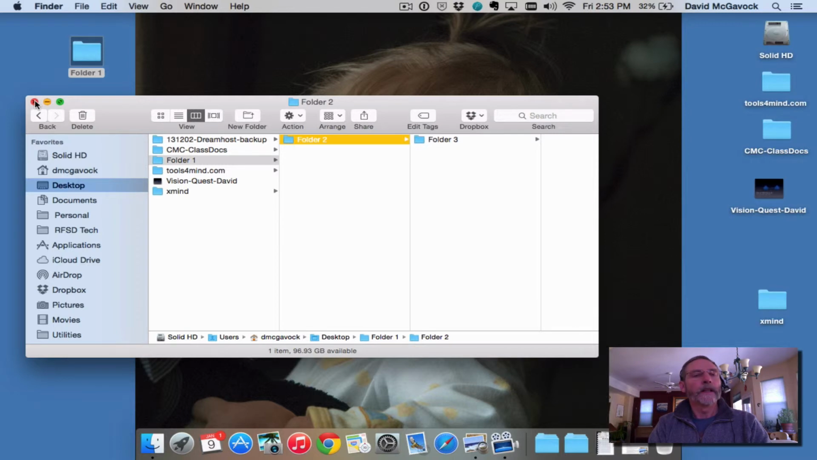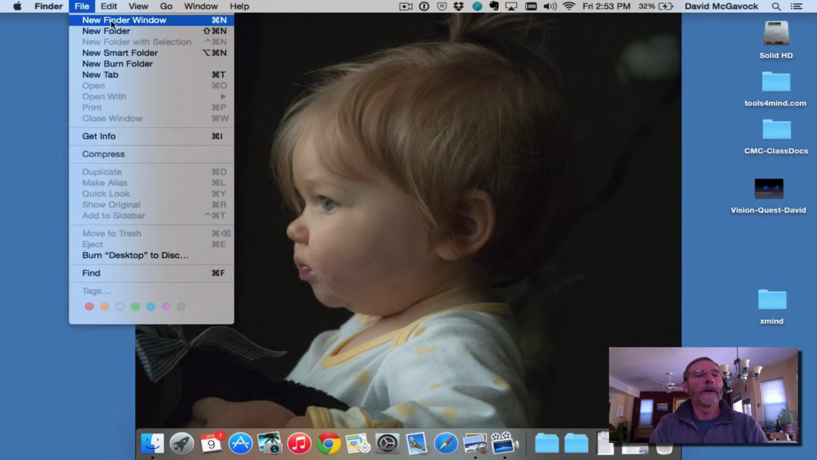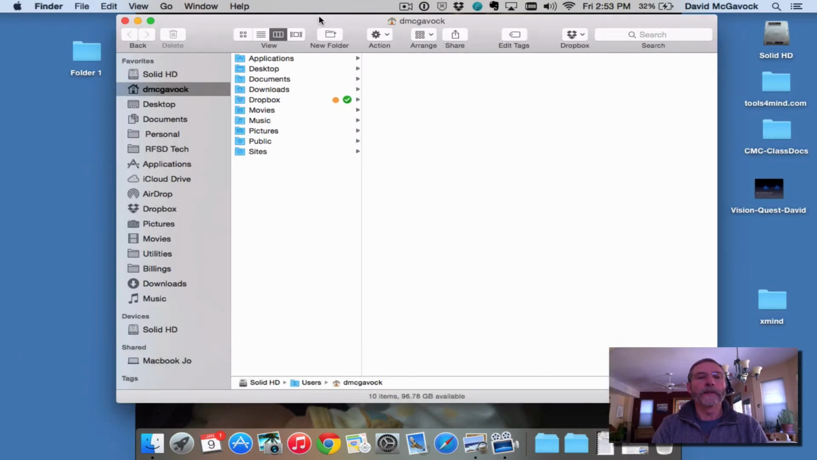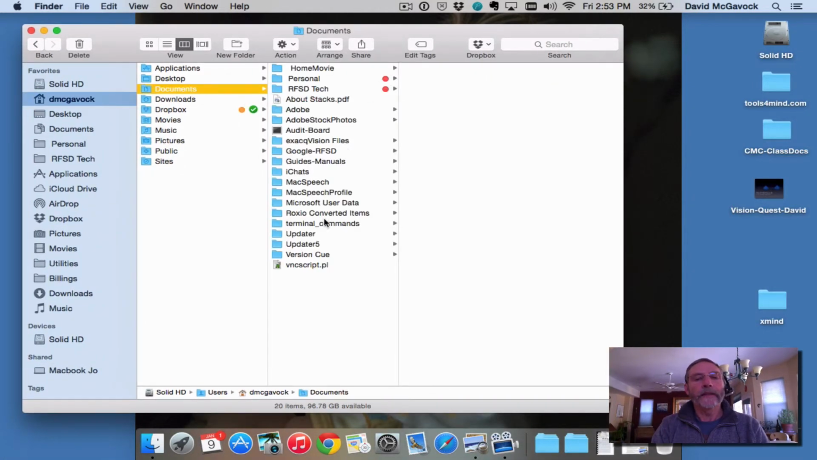So to illustrate the point, if we open a Finder window, and you can do that by either clicking here in the menu and opening a new Finder window or you can select Command N, which I'm going to do. Command N opens a Finder window. And I know that inside my documents I have this group of files. So Documents is a folder, and inside Documents are all these other folders of mine,